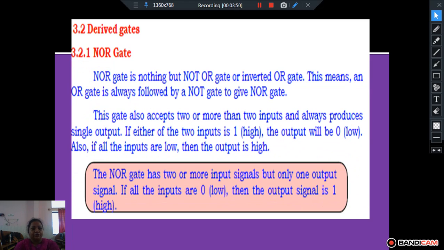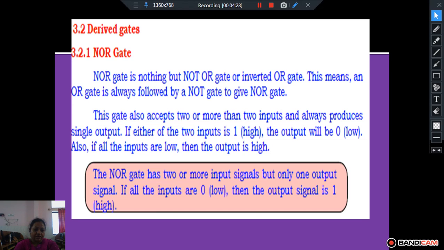First, let us take up the NOR gate. The first derived gate is the NOR gate. The name will be somewhat familiar to you, because the NOR gate is nothing but NOT of OR gate. If we invert or complement the output of the OR gate, we get the NOR gate. So sometimes the NOR gate is also called the complemented OR gate.